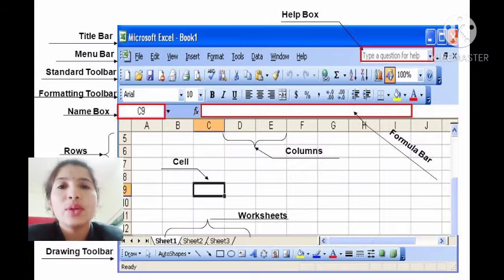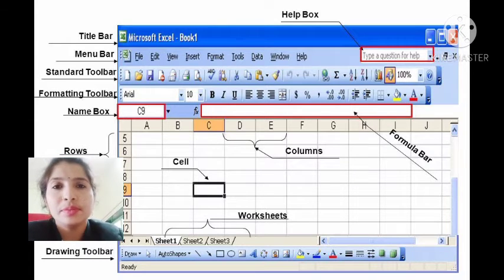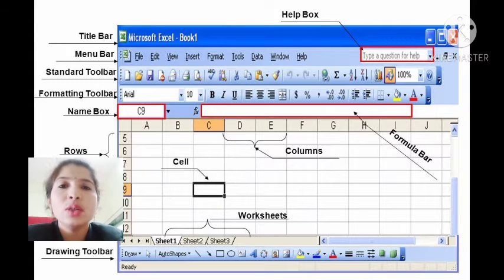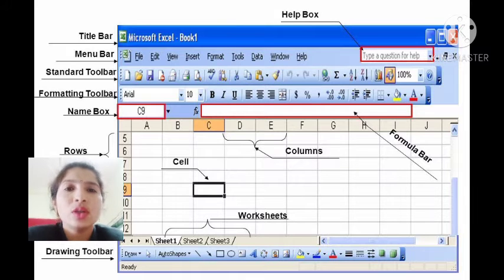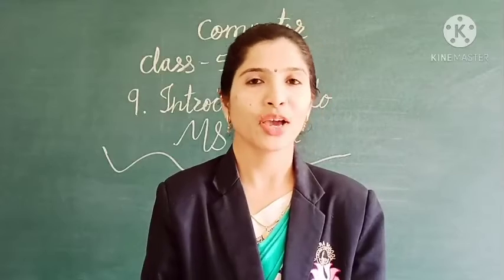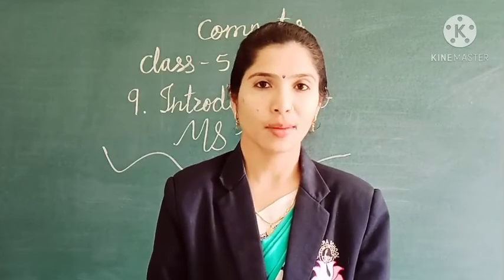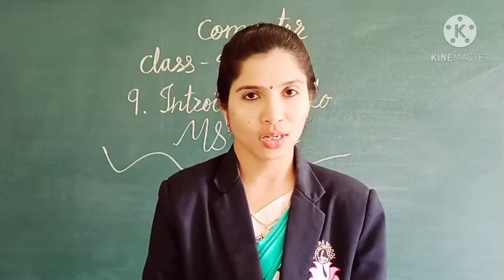Now we are going to see workbook. In a workbook, many worksheets are there. Now we are going to see worksheets. Worksheets are the pages of the document. Now we are going to see facts about rows and columns.